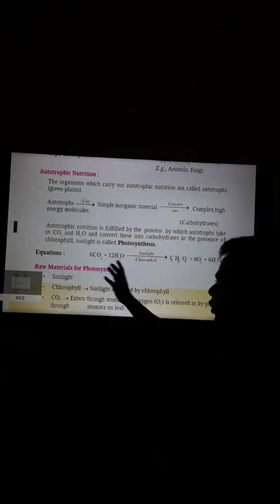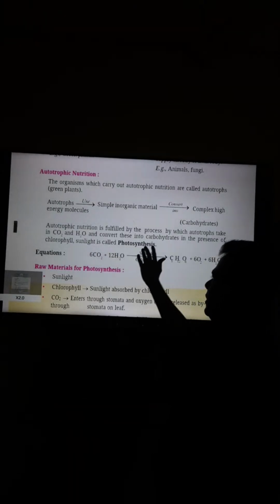They prepare their food. How? Autotrophs use simple inorganic materials. Just now we have seen carbon dioxide, water. They convert it into complex high energy molecules, carbohydrates we can call, C6H12O6, glucose we can call. Autotrophic nutrition is fulfilled by the process by which autotrophs take in carbon dioxide and water and convert these into carbohydrates in the presence of chlorophyll,